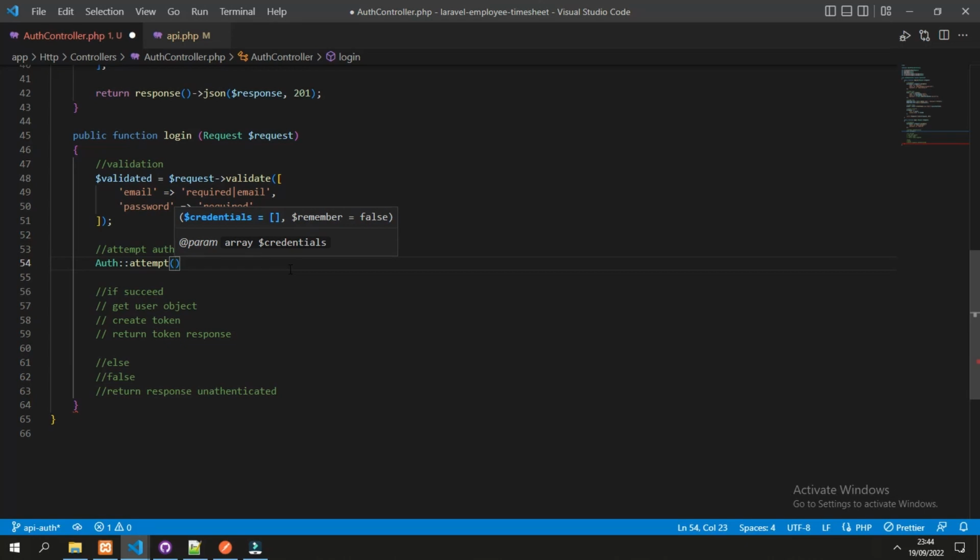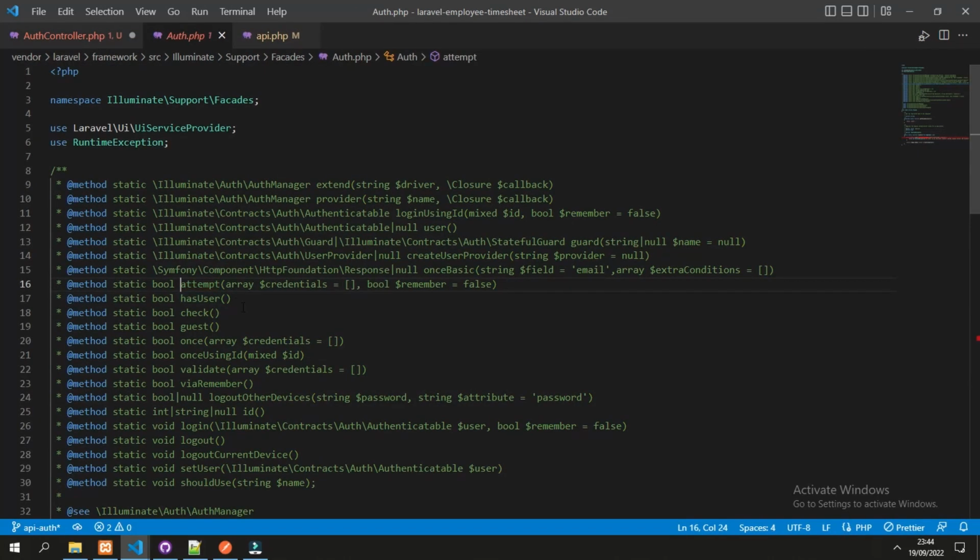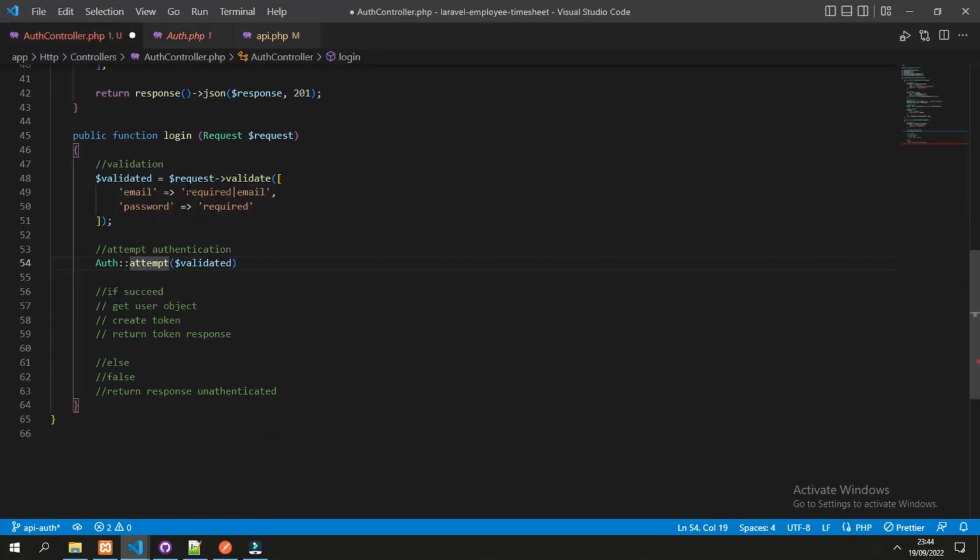The credential array would be from the validated. If we check, it will return a boolean whether it succeeds or not, and it is accepting a credential array which we already passed with the email and password.